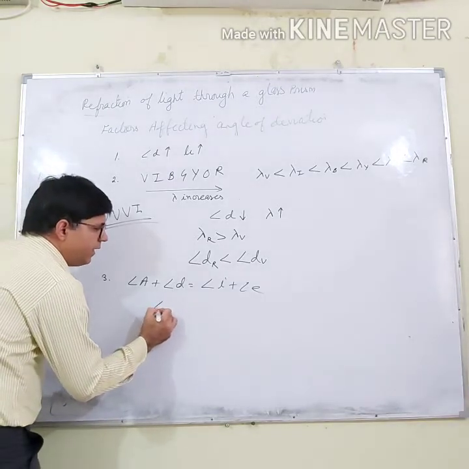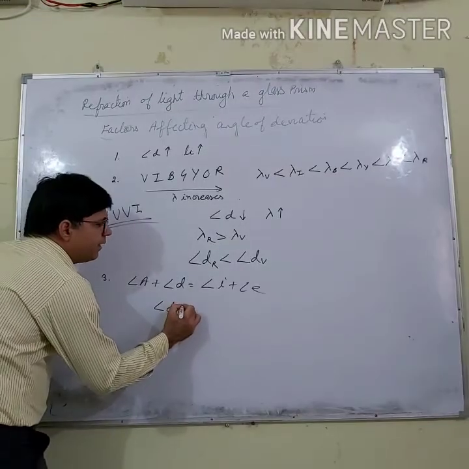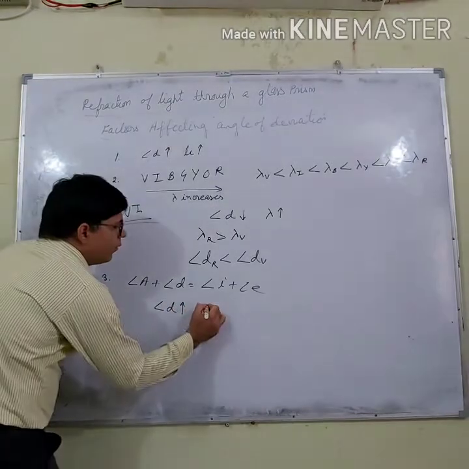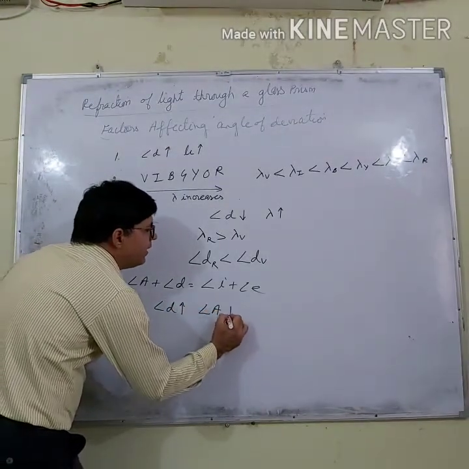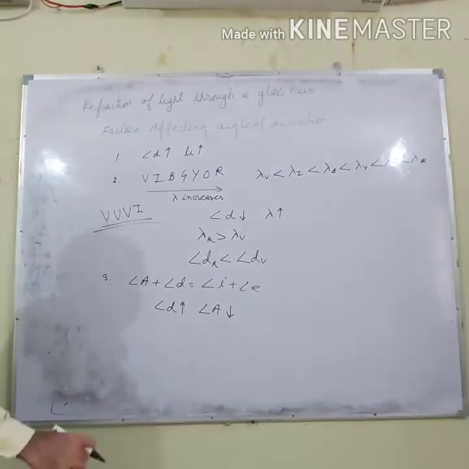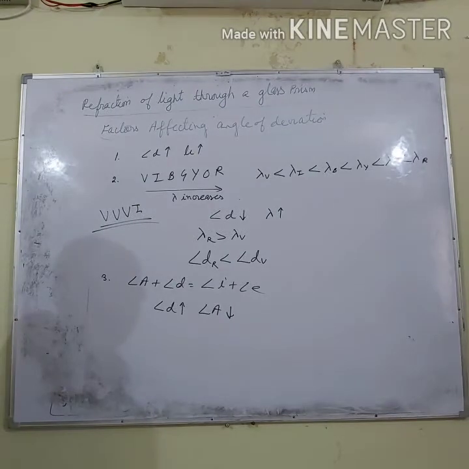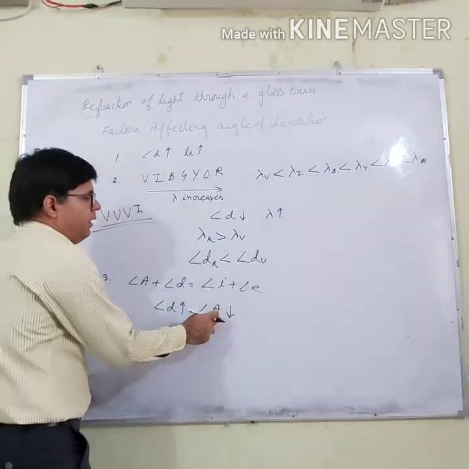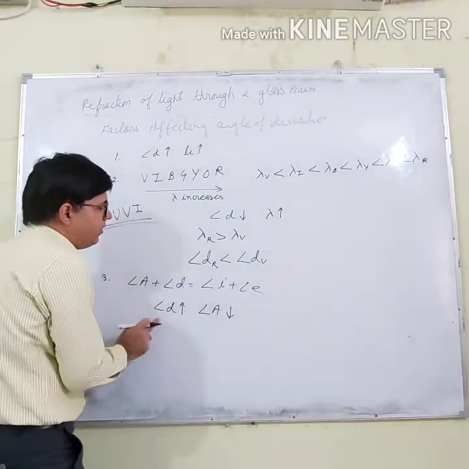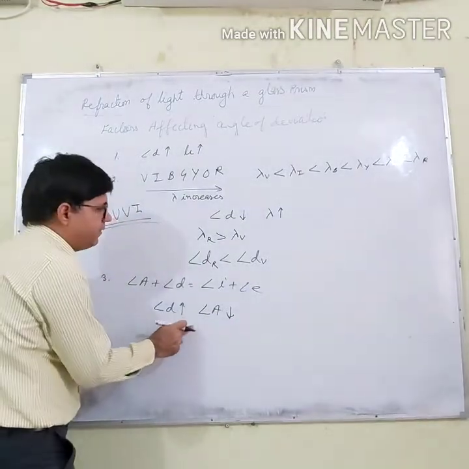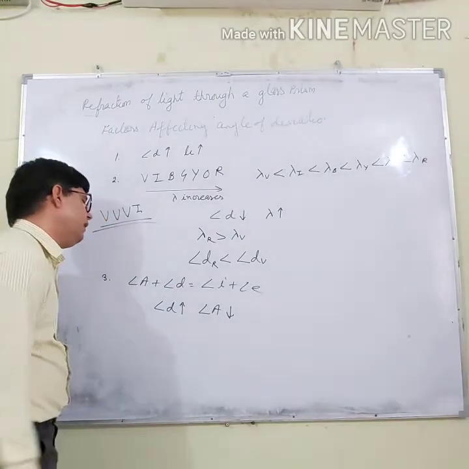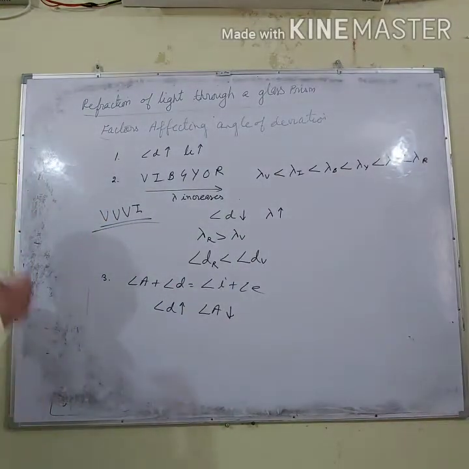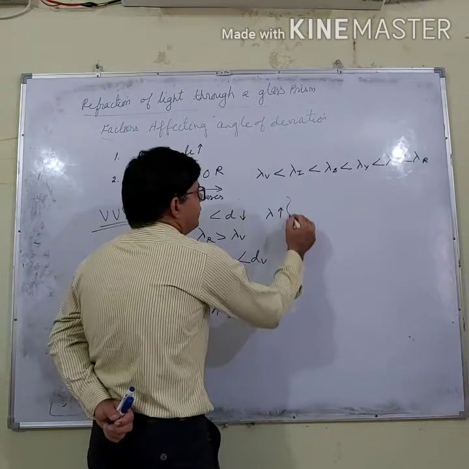So you can say delta increases with decrease in angle of prism. Right? If I decrease the angle of prism, A is the angle of prism, the angle of deviation will increase. Right? So you can say the angle of deviation increases with decrease in the angle of prism. And fourth one